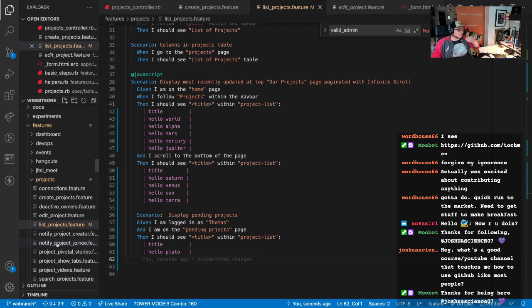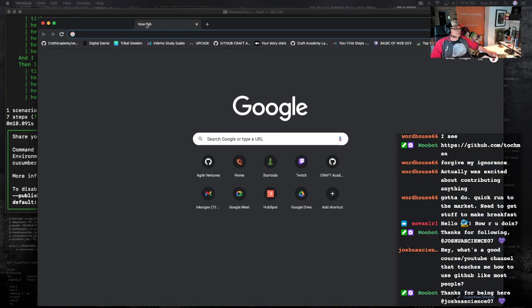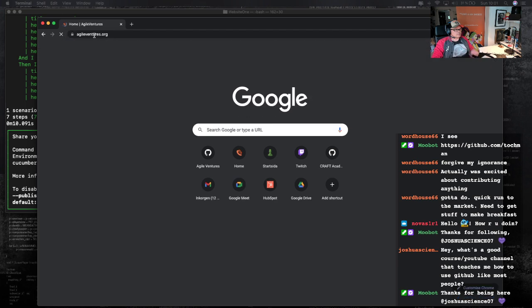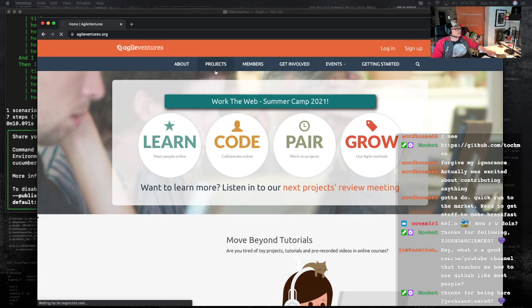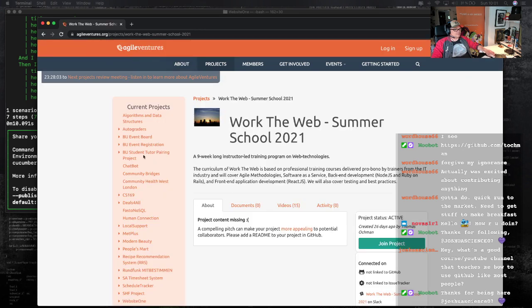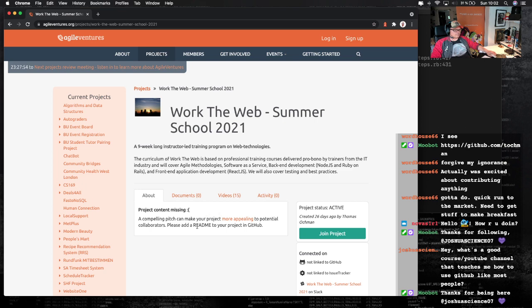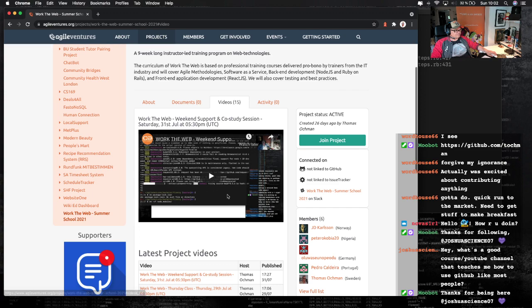Without beating my own drum here, we're going through a training program at agileventures.org. Agile Ventures is a charity that I'm involved in for programmers, and we do go through. So it's a very hard question to answer, to be honest, because there are so many great resources for Git and GitHub. But if I can just point you to one resource, let's see. We do have a project, and we're running this summer school at Agile Ventures. Agile Ventures is a community of programmers that work on open source stuff together, and among other things, we are going through a community training program, and we record all of this stuff,